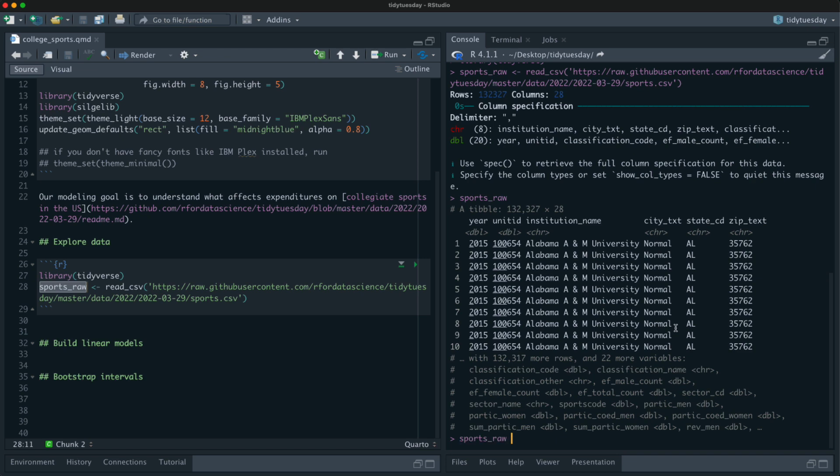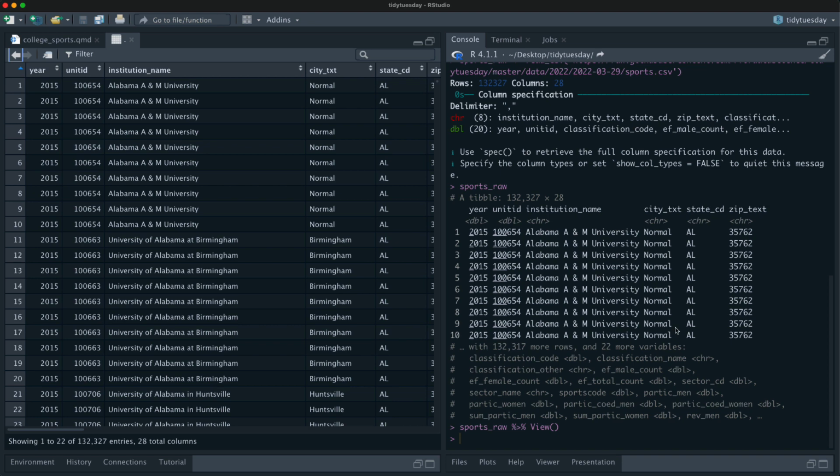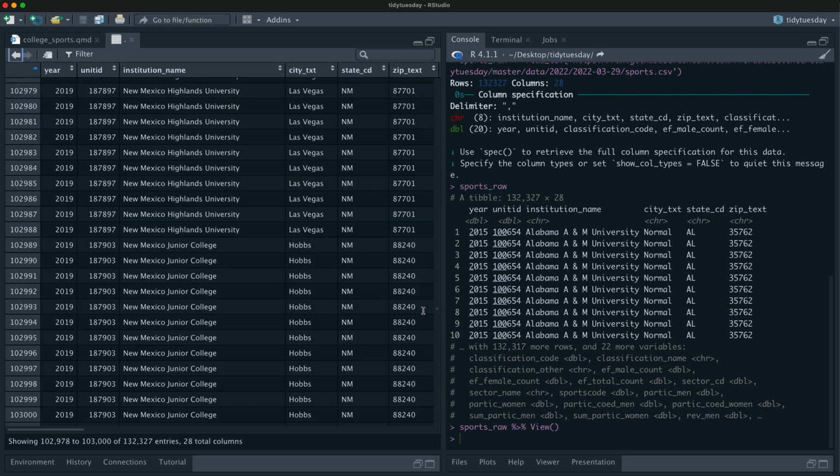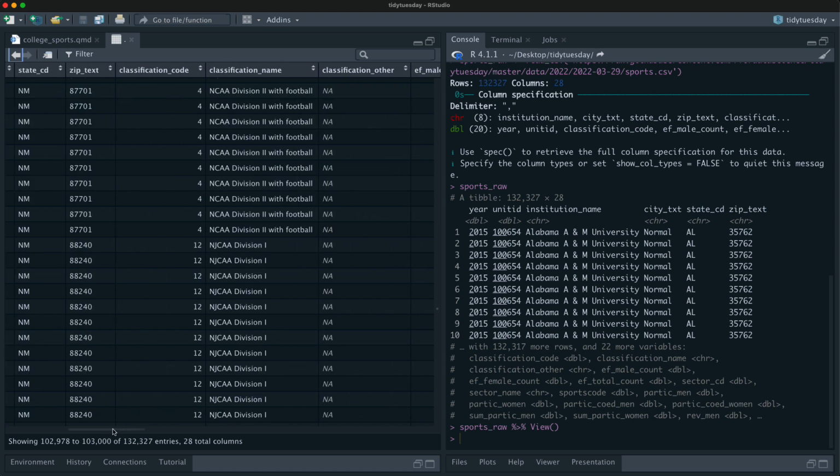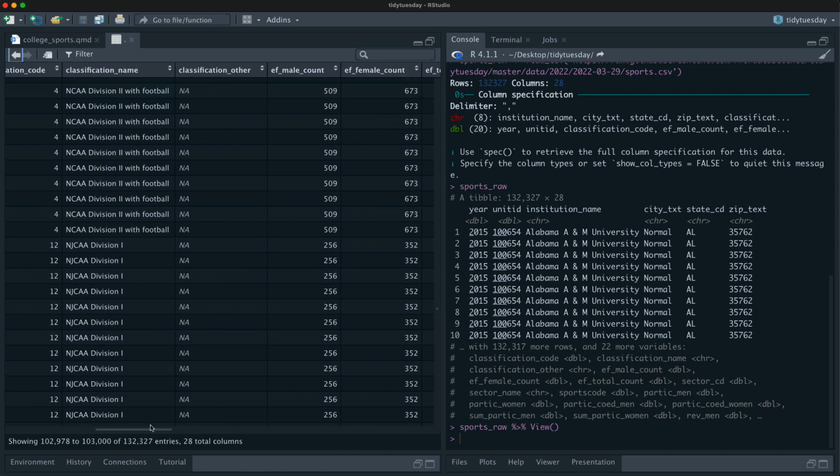There is a lot of stuff in here. We have different years, like if we scroll down, we get to a different year. We get different colleges and information about the college, including what division it's in.